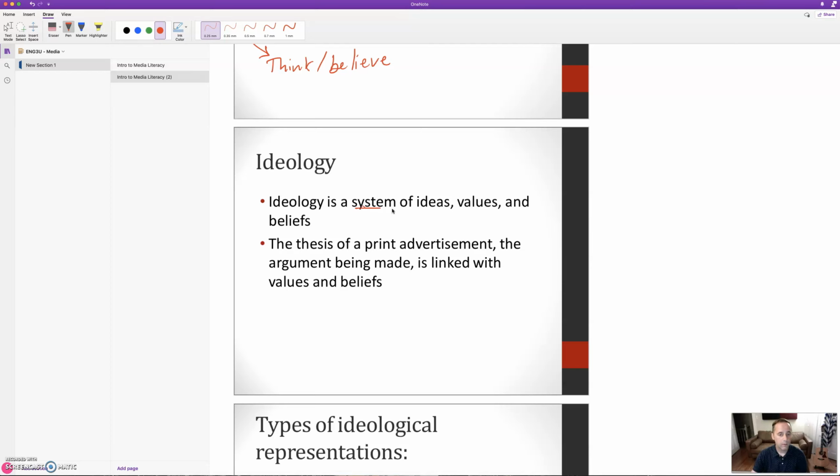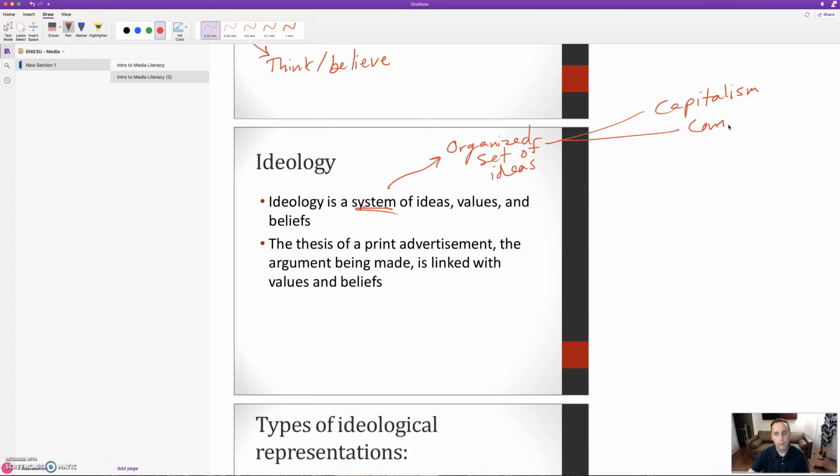So notice it's a system. Okay, so if something's a system, it's somewhat organized. Okay, for it to be an ideology, normally it's an organized set of ideas. So you might think, capitalism, if you want to think politics.